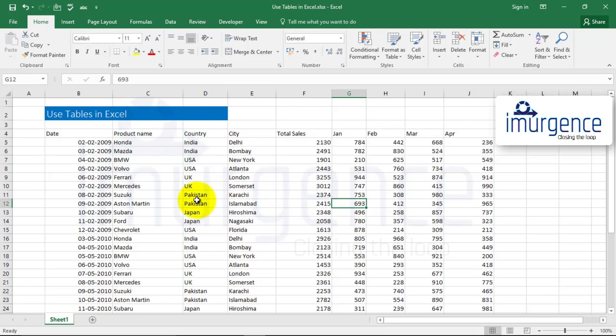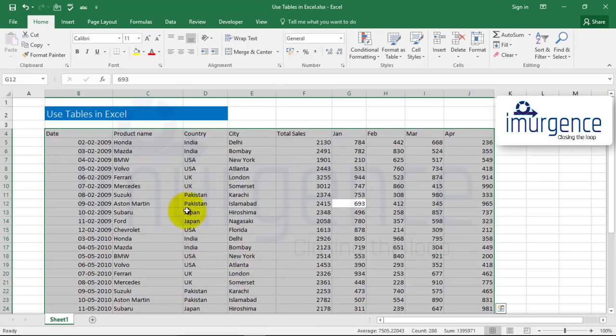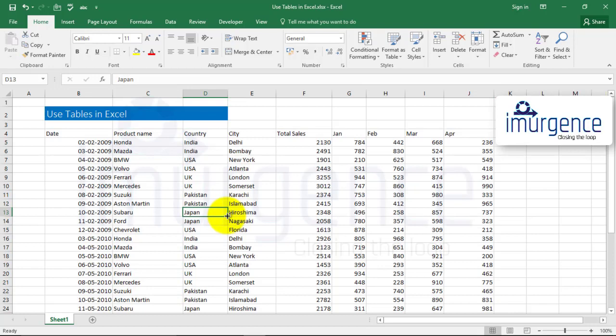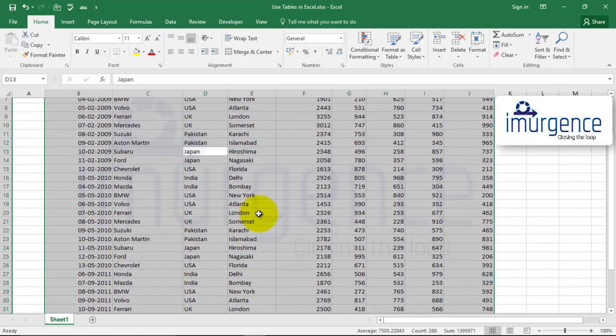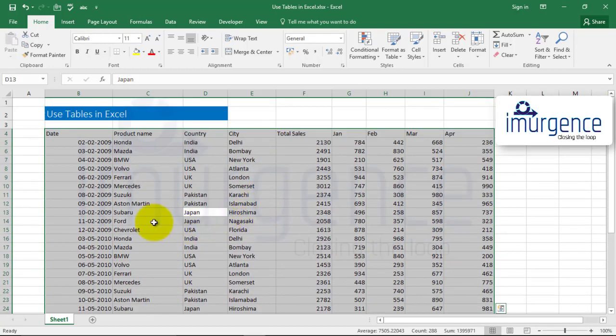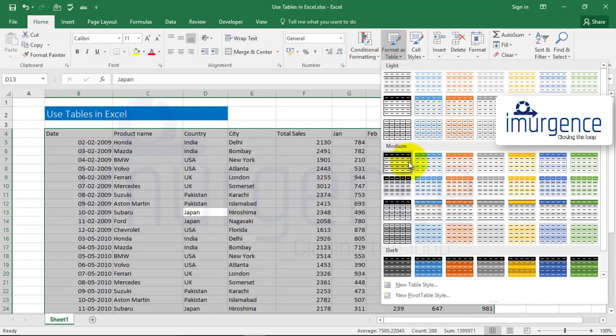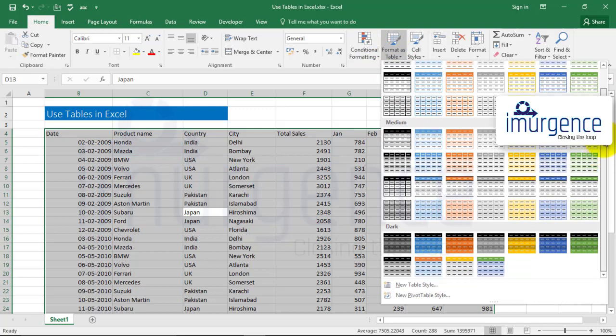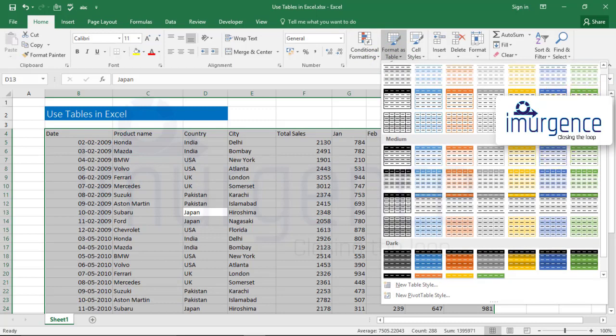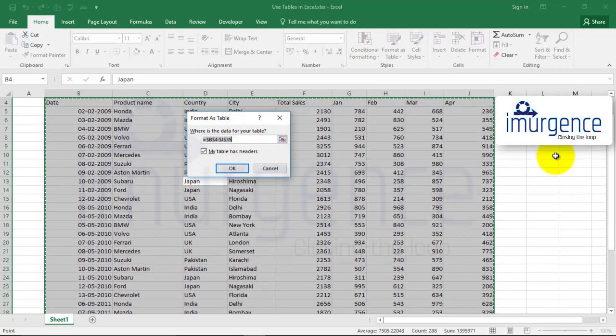Now, if you want to analyze it, it becomes very easy if you do it with a table. So how do we do that? We first select our data. We click anywhere in the data and press Control A. The complete data gets selected. And before using tables, we need to ensure that we have our headers placed appropriately. And then we go to the Home tab and click on Format as Table and choose any design out of these. There are so many designs available. I like to work with this simple design.